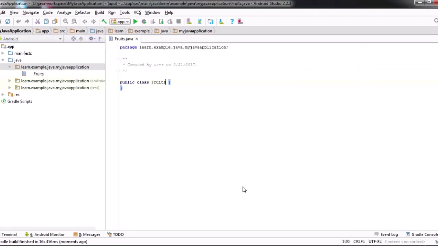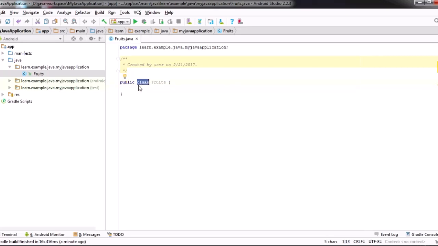You can see this is how your Java class is created. This is the basic structure of a Java class, and anything you want to write, you have to write it over here. Everything we want to perform in Java is done through classes. So we can say that a class is basically a building block in Java,